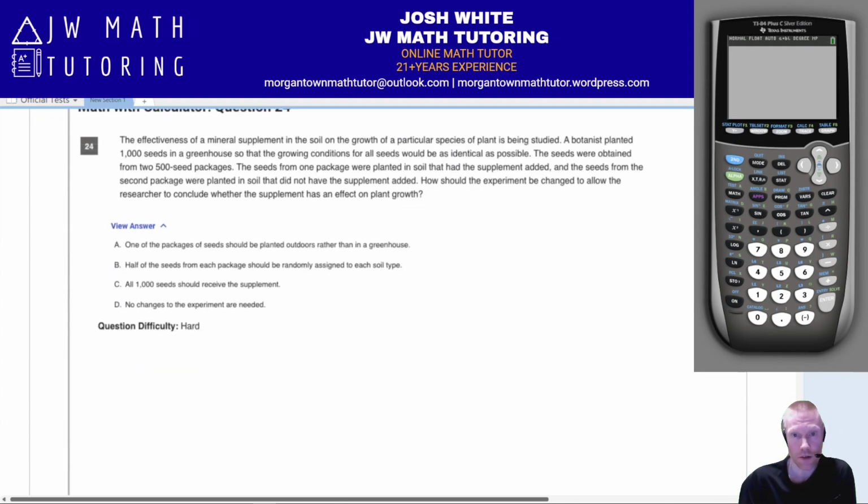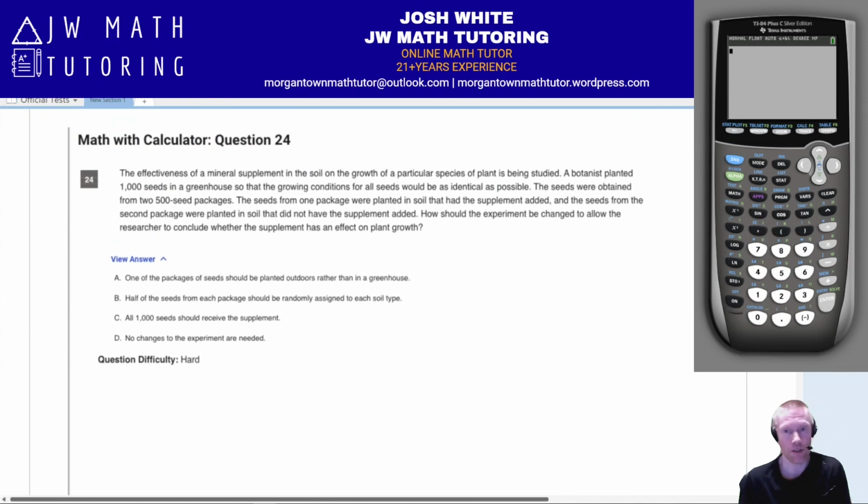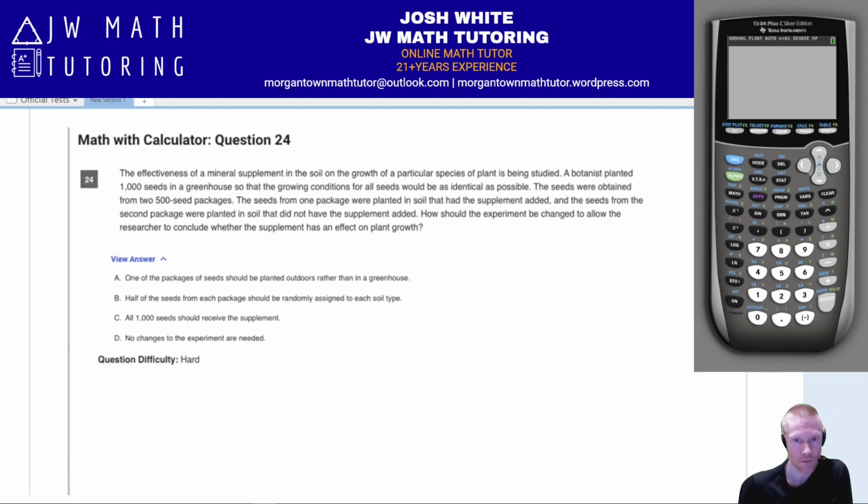Okay, next question. Problem number 24. This is basically a statistics, like sample, related question. And they're basically asking, what would you change in the experiment, kind of the way it's set up. So the correct answer for this one is going to be B, because if you look at the original way